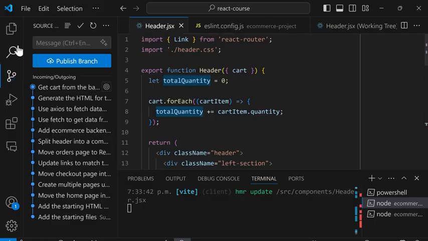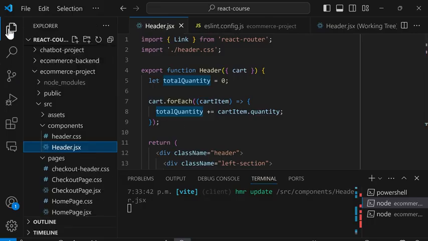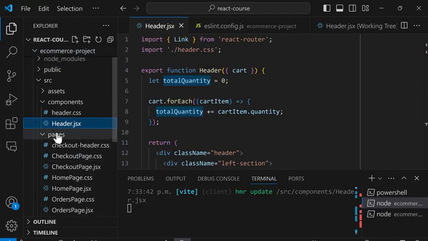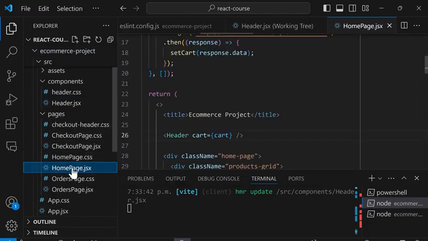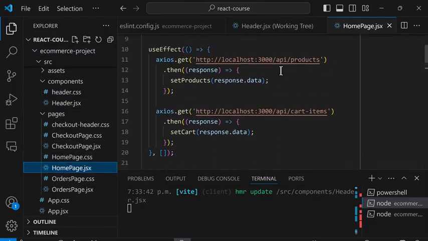Next, if we go back to the home page, so in our files, go to Pages and Homepage, and scroll up. Notice that for each request, we're sending it to localhost 3000. So we can actually set up a shortcut in Vite, so we don't have to type localhost 3000 every time. So we can actually remove these